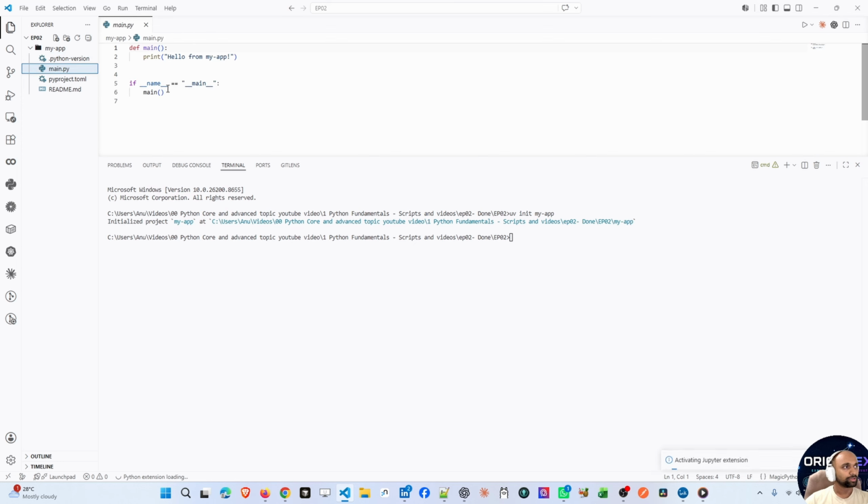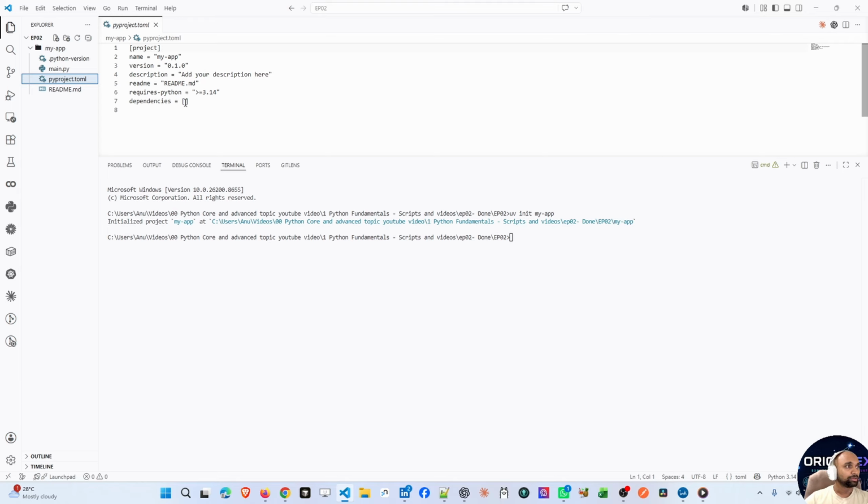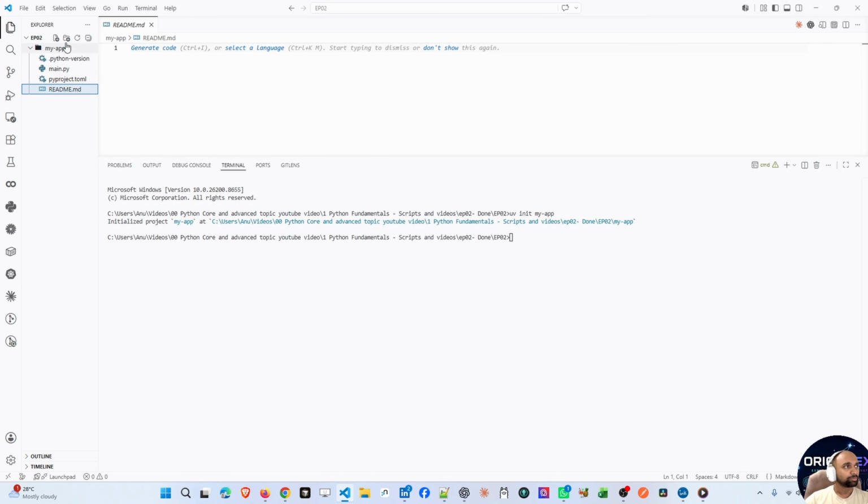There is main.py, the project.yml file where we have the project name, version, and description about the project, the readme file, the required Python version, and the dependency list. Then let's go inside this my app folder, cd my app,